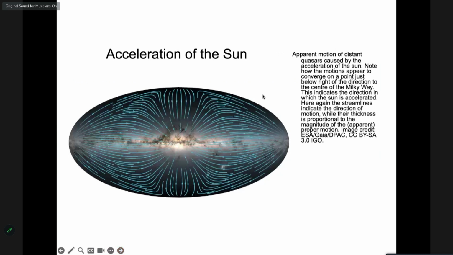Another very good and important study made with Gaia was about the acceleration of the sun. Like I told you, you can look at distant objects, for example quasars. What they basically did in this study is that the apparent motion of distant quasars gets reflected in the motion of the sun, and the motion of the sun can be compared to that, which gives you the reference frame. In this way one could find out the direction in which the sun is accelerated, as well as